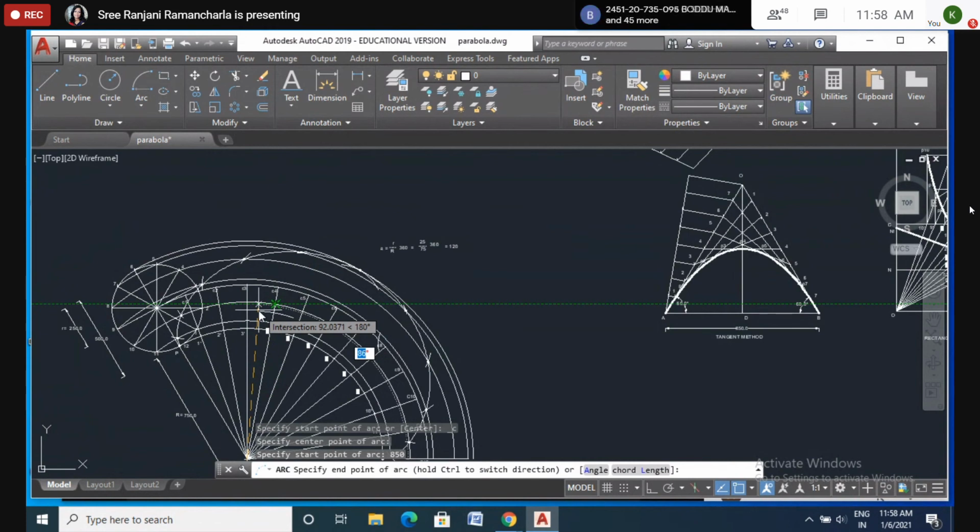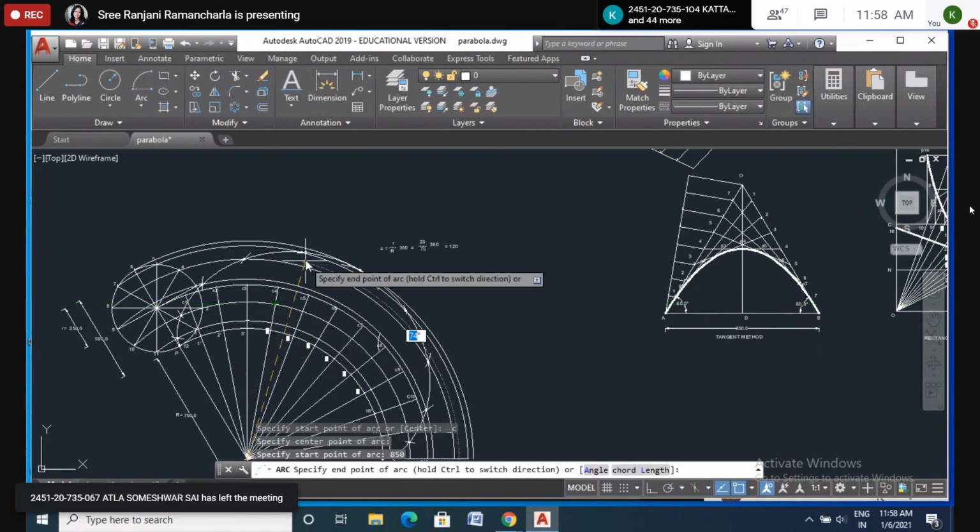Ma'am, AutoCAD only takes values. No, again I'm telling you, please don't bother about the AutoCAD commands. I don't have an option to show on the screen with free drawing, like how sir was teaching. He has a touch screen laptop. I don't have a touch screen laptop, so I am unable to show in that way, like we show on the blackboard, right? Now please don't bother about the AutoCAD. After the 7th sheet, we will be concentrating only on AutoCAD, right? Yes or no? Yes, ma'am.